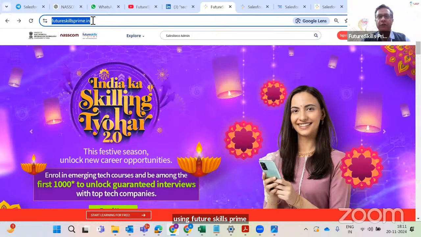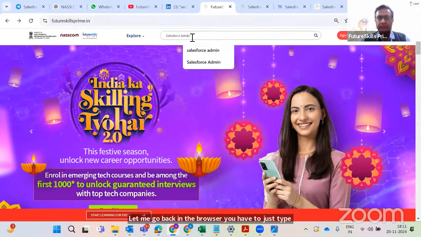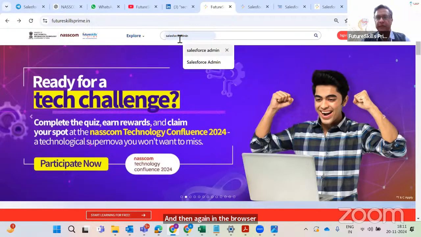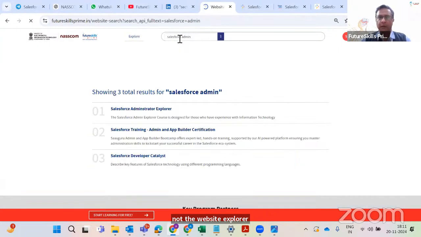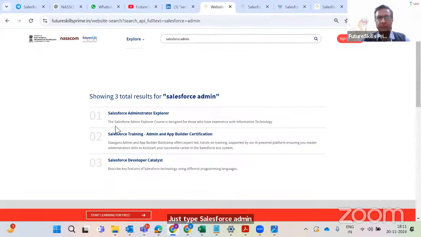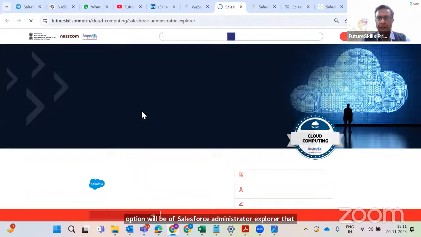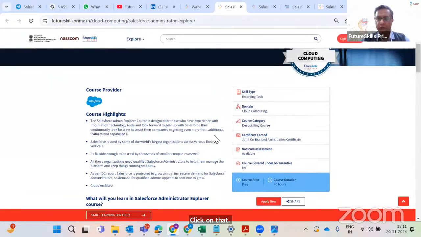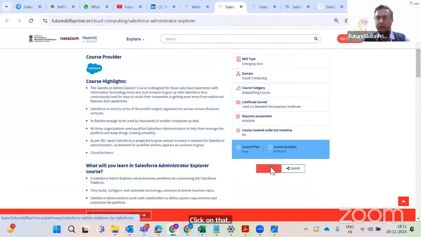In the browser, you have to just type futureskillsprime.in, and then again in the browser, not the website explorer, just type Salesforce admin, click enter. The first option will be Salesforce Administrator Explorer that we are covering in Cohort 3. Click on that. You will get all the information about the course here. Just click on apply now